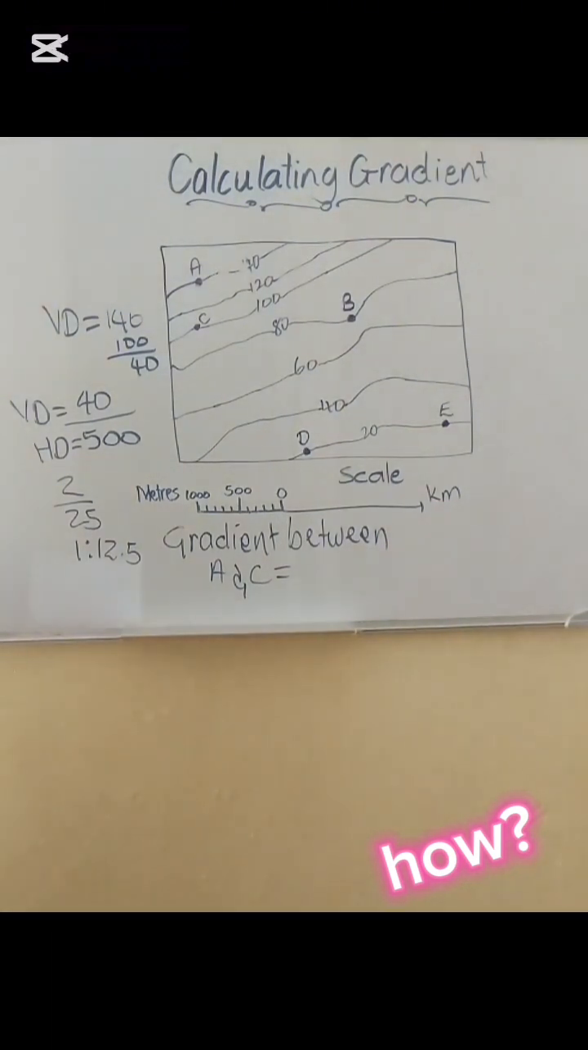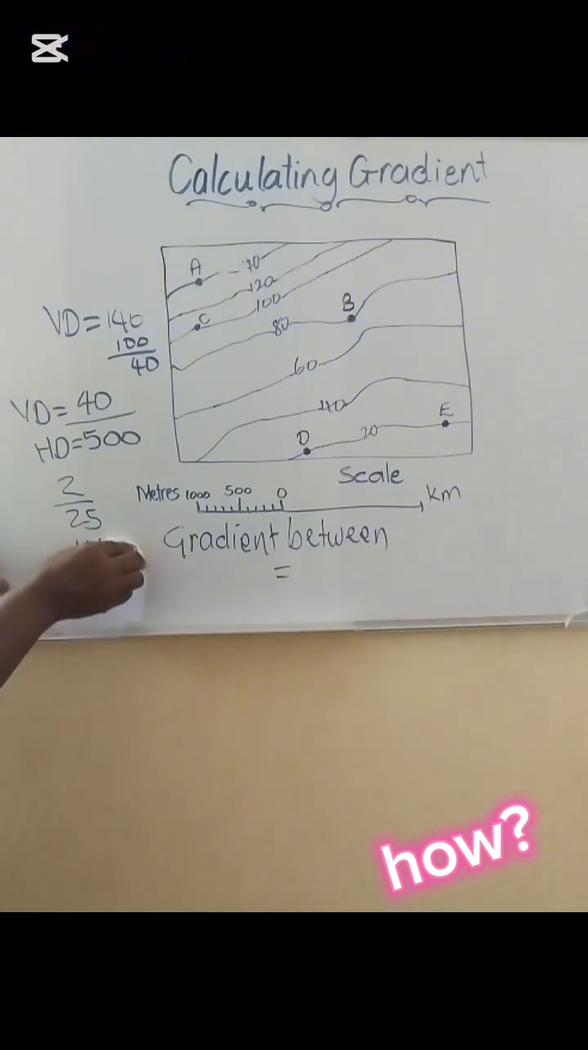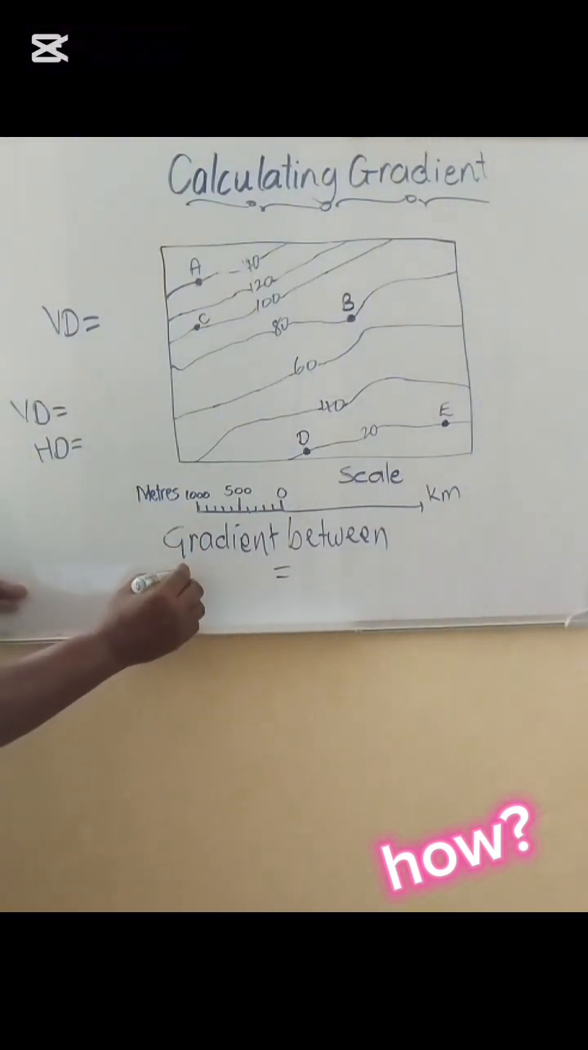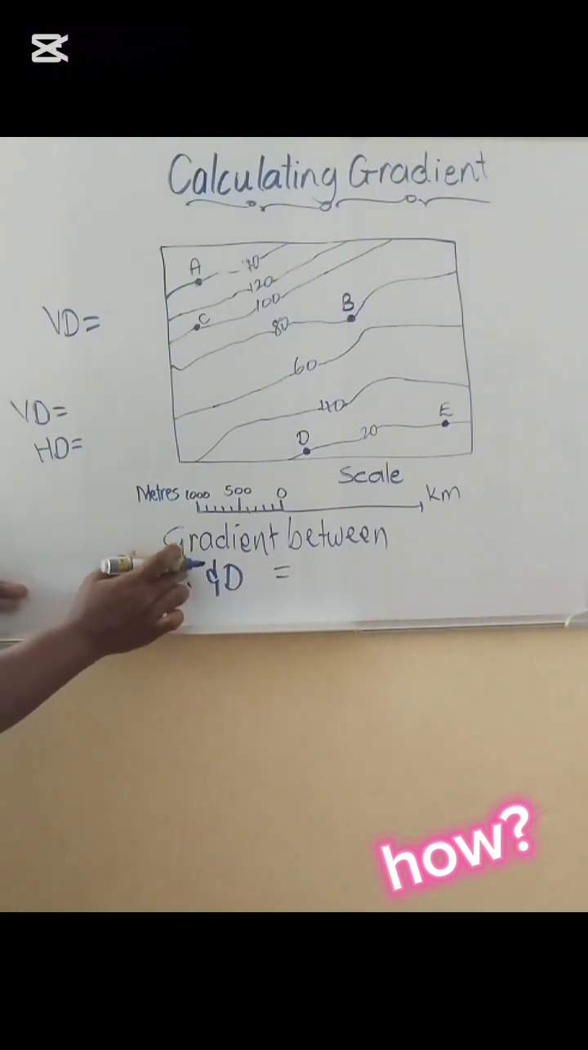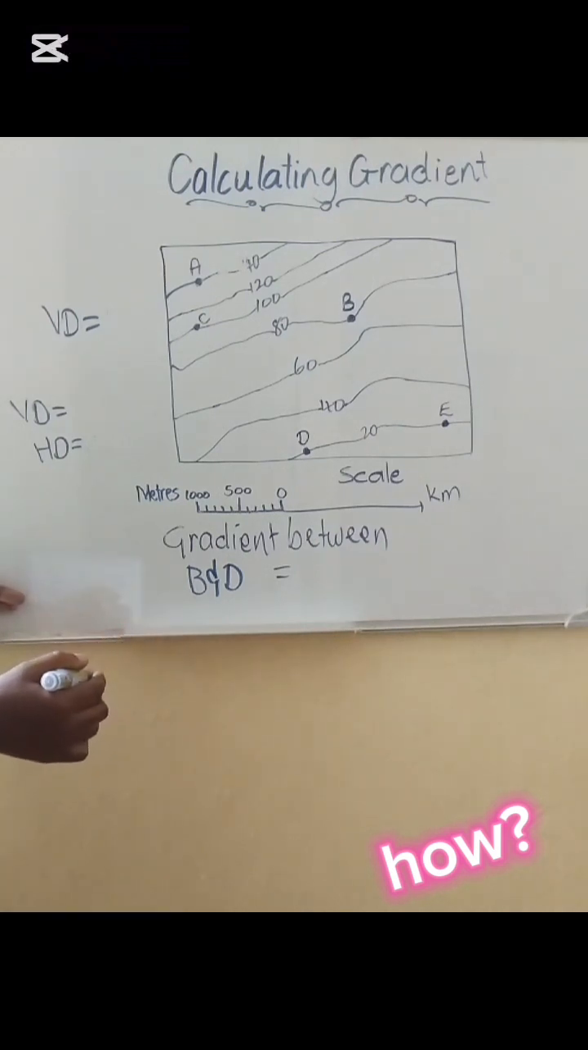Let's look at another example. What's the gradient between B and D? Let's write that. B and D. Let's write this a little brighter. Good. B and D. Okay, so